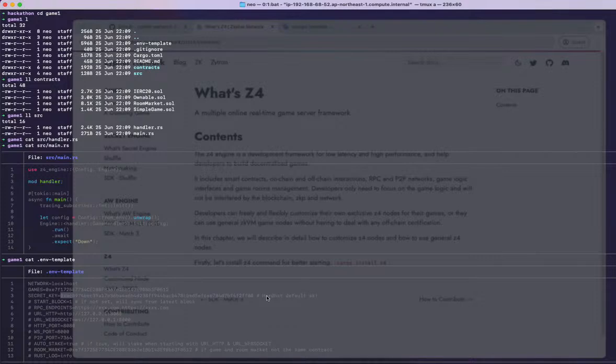It uses the secret key here, and you can customize the start block to sync from the chain. If not set, it will start from the latest. You can also set the RPC endpoints. And the URL here is about your